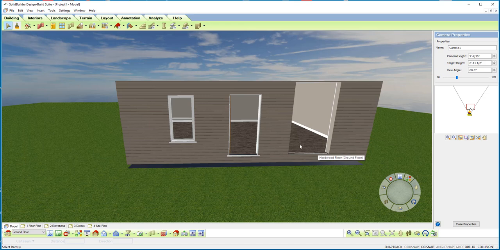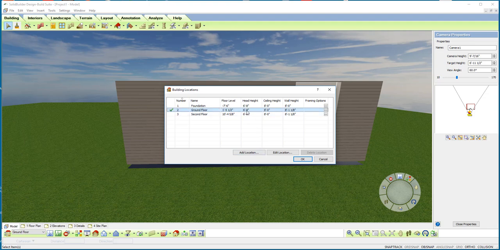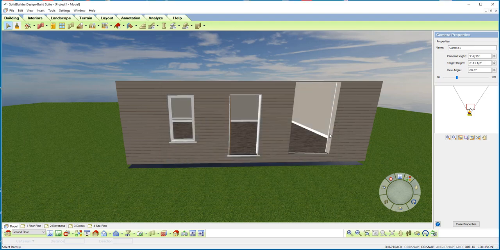The other option I would have had is to come down and change this to 8 feet and then insert the 8-foot opening. So when dealing with openings, you have to take into account what the floor location is set at to start with, and what the actual dimension of the opening is. And if it's taller than the head height setting, then you can either adjust the head height setting or elevate